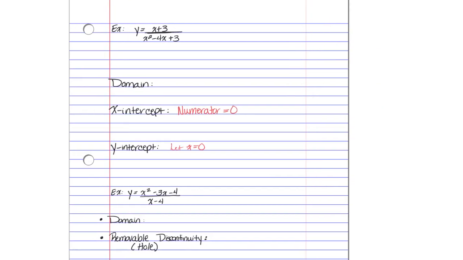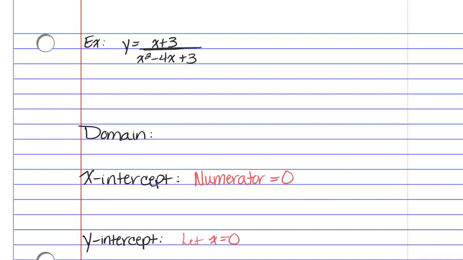So let's do a couple examples here. I've got the polynomial x plus 3 divided by x squared minus 4x plus 3. One of the first things I want to do is put this in factored form so that I can see if I have removable or non-removable points of discontinuity. The denominator will factor into x minus 3 and x minus 1. So I do know I have discontinuity